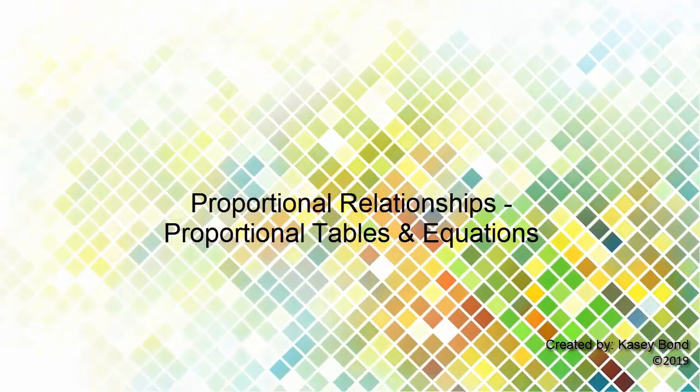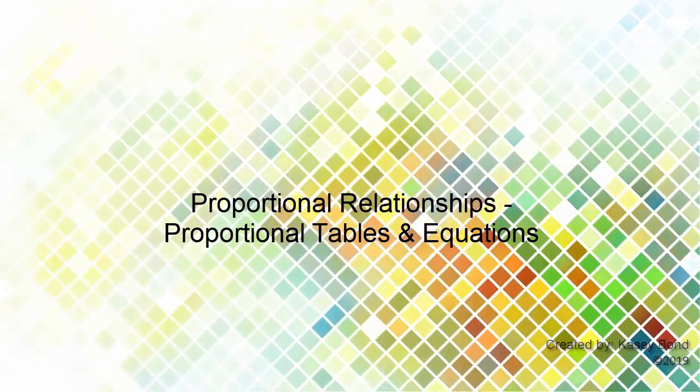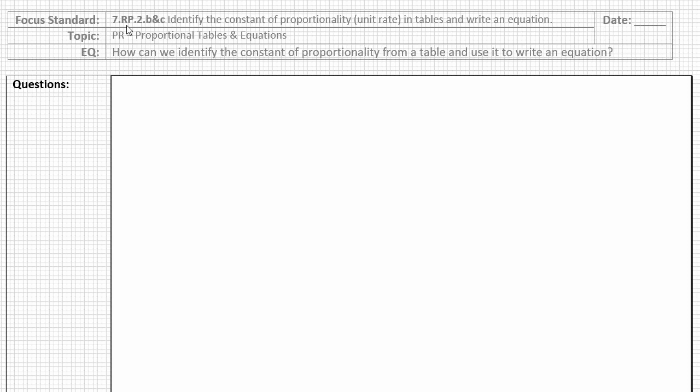For today's lesson, our focus standard comes from grade 7, Ratios and Proportional Relationships, Standard 2, B and C. Identify the constant of proportionality, the unit rate, in tables and write an equation. The topic comes from our Proportional Relationships unit, Proportional Tables, and Equations. Our essential question is, how can we identify the constant of proportionality from a table and use it to write